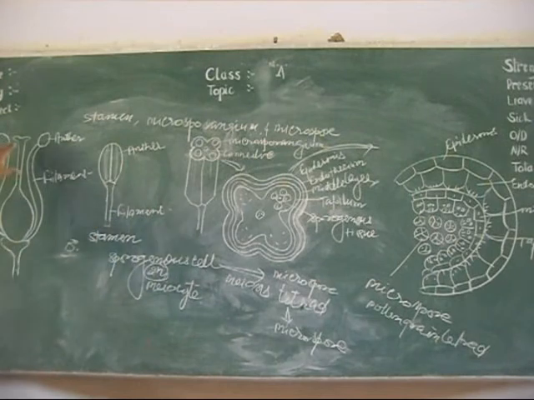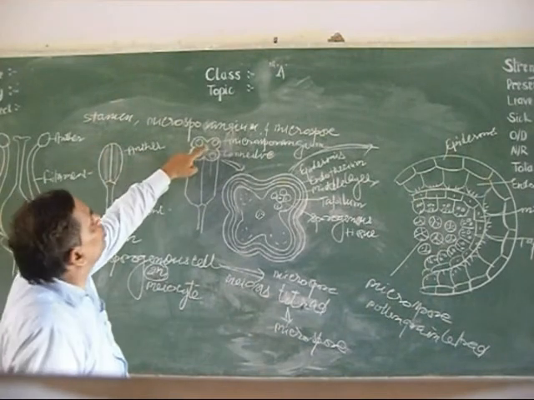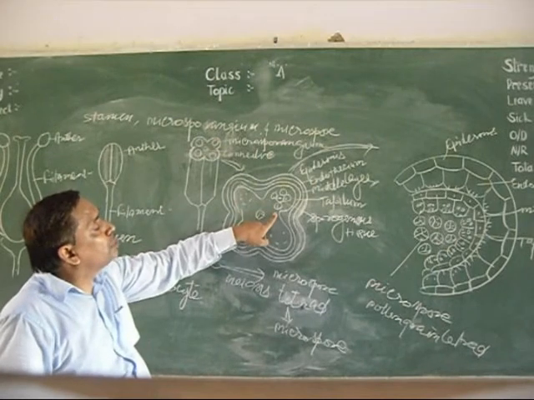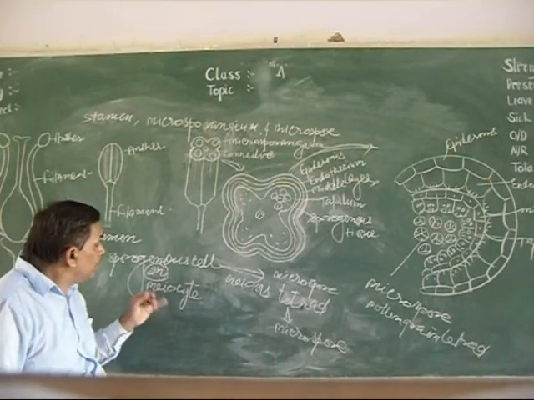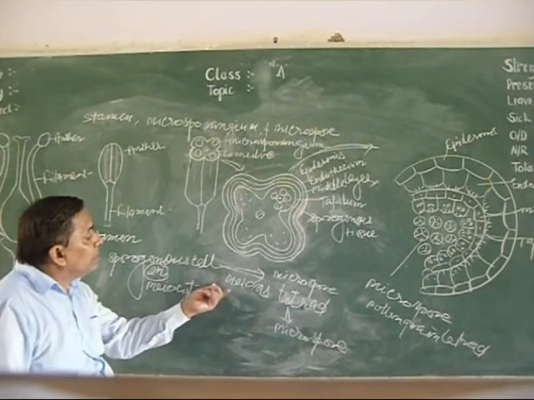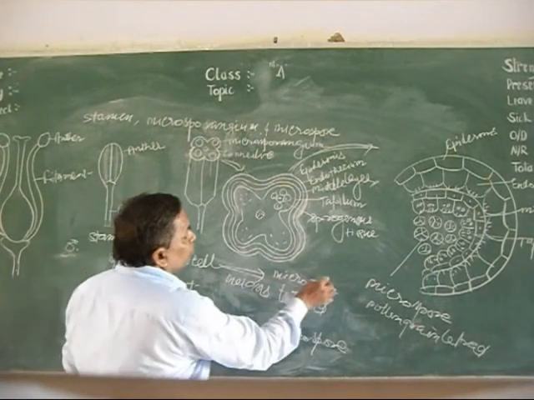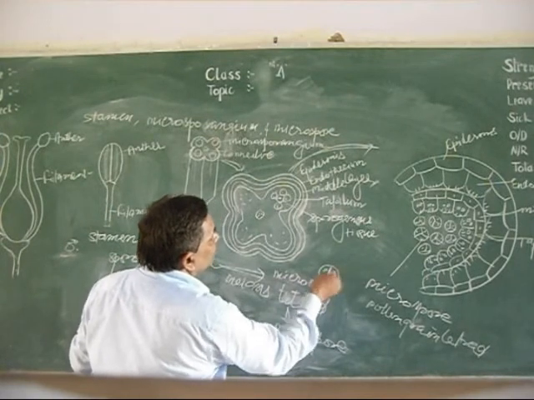What I have told you: in the flower, the male organ androecium is made of stamens. A group of stamens is called the androecium, the male organ. One stamen contains a filament and an anther. The anther contains microsporangium. In the microsporangium, sporogenous tissue is present. Sporogenous tissue contains sporogenous cells. This sporogenous cell is 2n diploid. It undergoes meiosis division and produces a microspore tetrad. Only 4 cells will be produced. Why microspore tetrad? Here 3 cells are in front, 1 cell is behind.